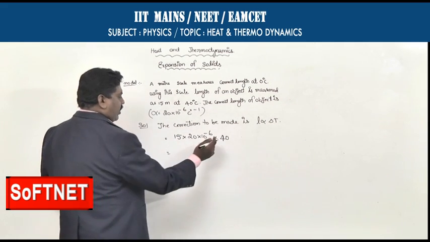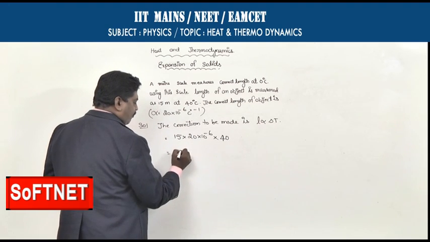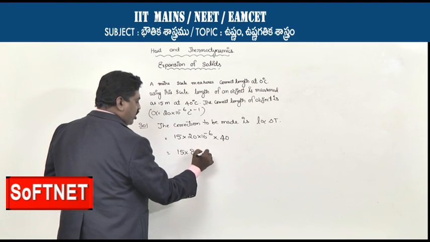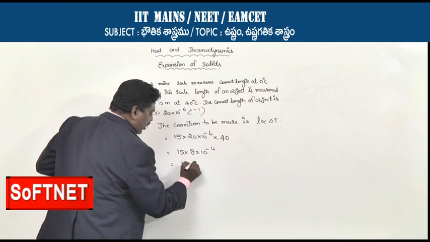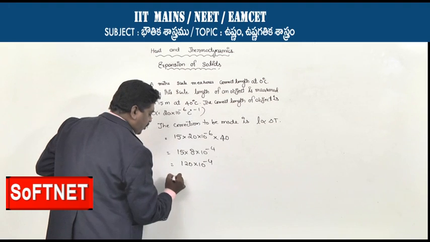So we have 15 into 8 into 10 to the power of minus 4, which equals 120 into 10 to the power of minus 4,